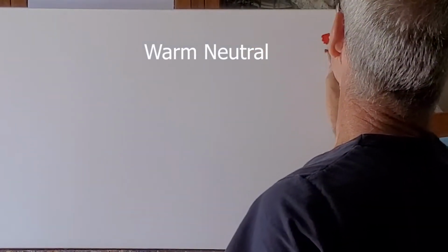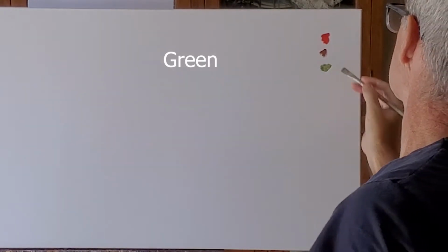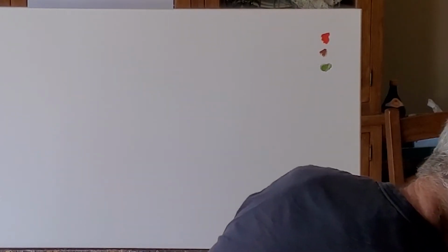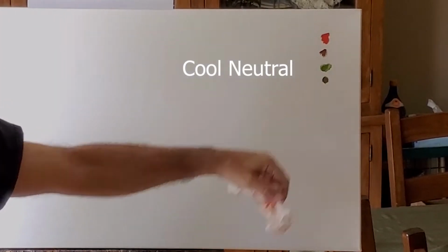So there's the red. And there's the warmer neutral. There's the green, came down a little too much. So the green, and the cooler neutral,